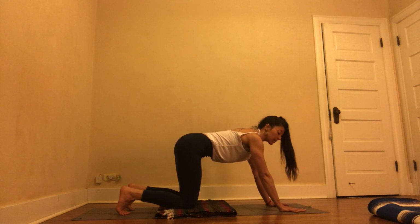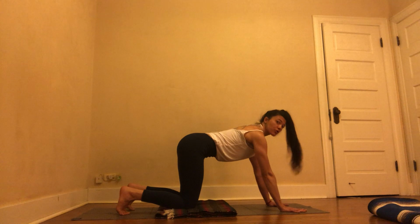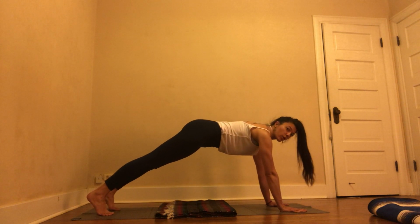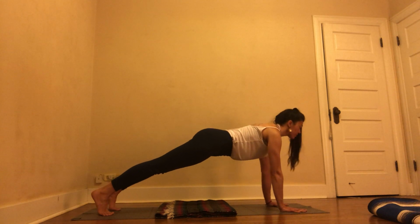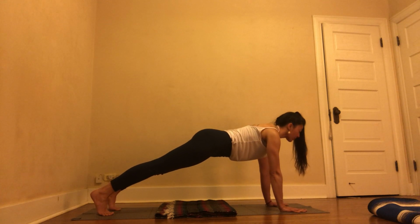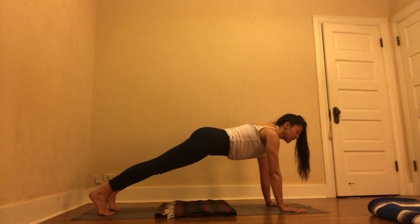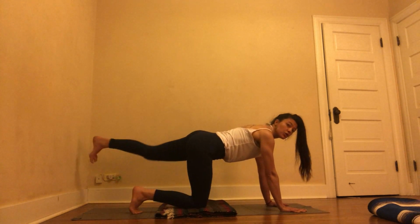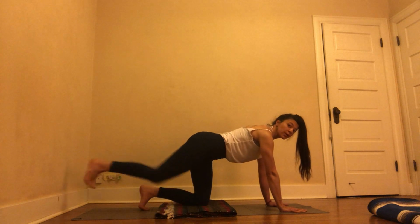Second time, try a plank pose. Press your hands, straighten your arms, anchor your toes. So see how my legs are straight, my core tightens, my chest pulls forward, and my shoulders are moving away from my ears. If this feels like it's too much, don't be shy about doing this single leg work,